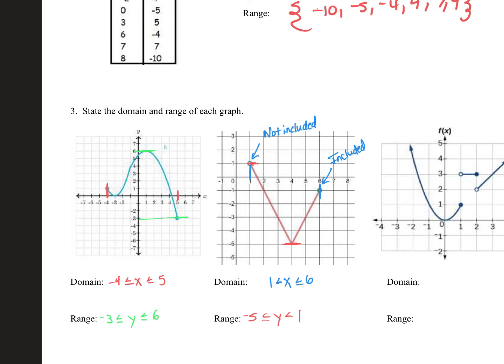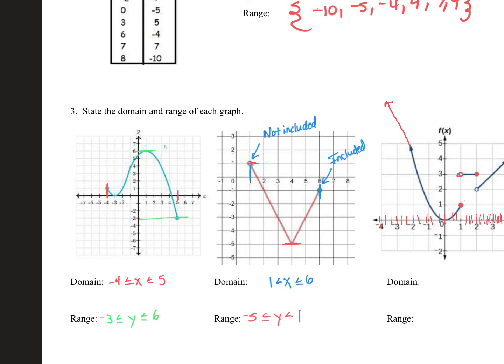For our last example, for our domain, we're going left to right. So notice this arrow is going on forever in that one direction. So every x value is included till I hit 1. Now at 1, you can see that there is a point included and a point that's not included. So if I ask you at x equals 1, is there an output value? The answer is yes, at 1. So 1 is included. And then everything after 1 till I get to 2. And again, at 2, I've asked myself, is there a point that's included? And the answer is yes at 3. So it goes on forever